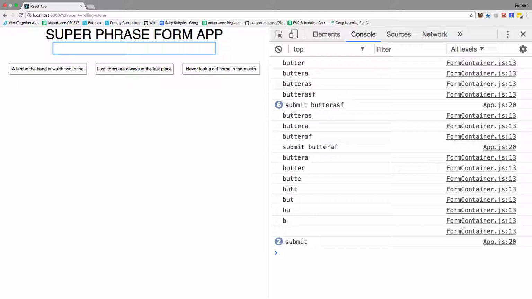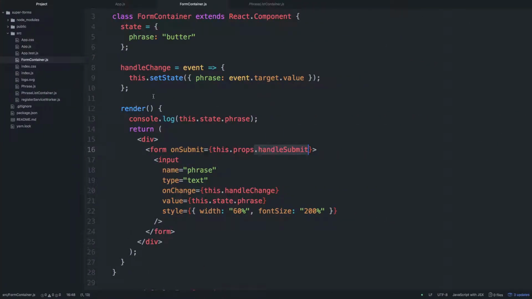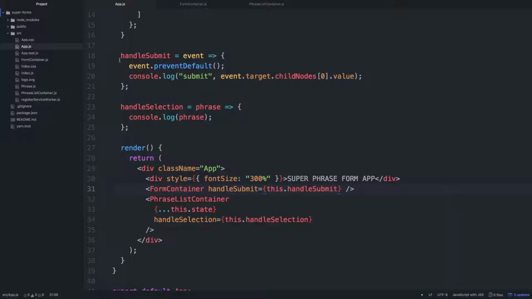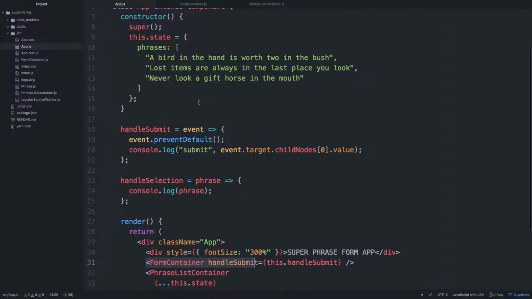So submit's working, and it's working at the app level right now. So every time I hit this, it's actually the function being passed down as props. It's firing back at the app level, and it's bound to that level. That's why we use this, and that allows us to have this event fire from the child. So we're not quite there yet. We still have this event here,